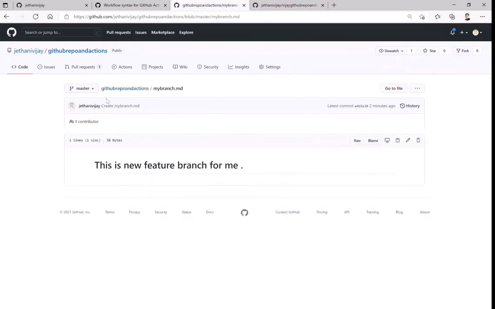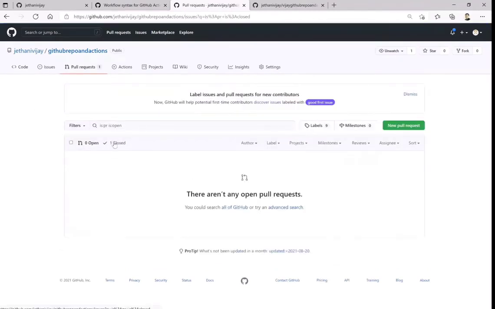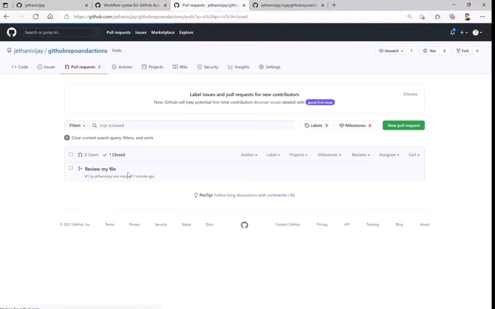So this is how you work with the branches, and from there onwards you are sure what the review process is and how you have to go through the Git flow as a workflow terminology which we have been talking about, right? And that is how exactly the flow will be for different environments. So you can consider this for any environment. It can be your test environment, a pre-production environment, or a production environment. Okay, so if you see now, that particular pull request is also closed.